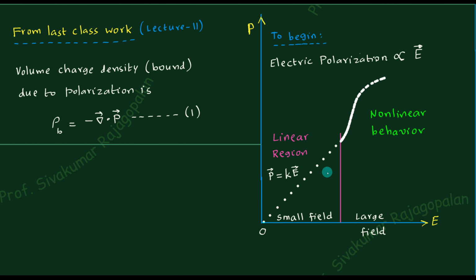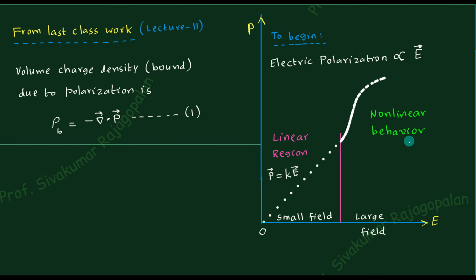And what is very important is that for the purpose of this particular course, namely the classical electrodynamics, we will be restricted to the linear regime. That means the region where the linear behavior is maintained. And the region where the nonlinearity comes into the picture is generally a topic of research or specialization. Maybe when you're doing a project, for example, you may consider some kind of a ferroelectric material and then do the measurement of polarization versus electric field. This is called PE hysteresis. You can perform the experiment, and then you can learn more about the nonlinear material. So that goes under specialization.